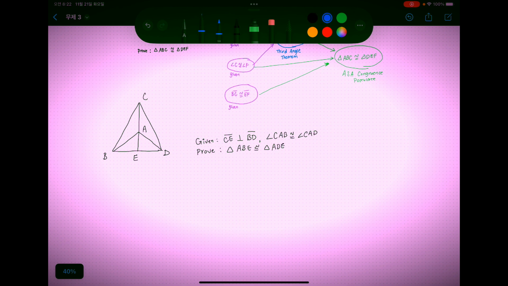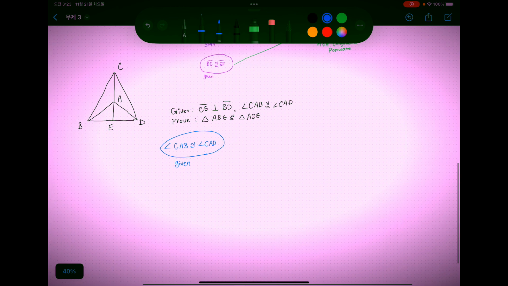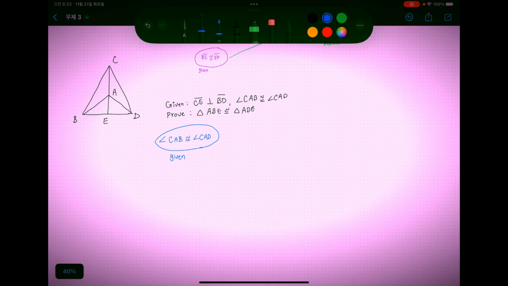So, let's first start out with our given information. That's given, and what else is given? That's all that is given, right? Besides the fact that, well, we also know that,